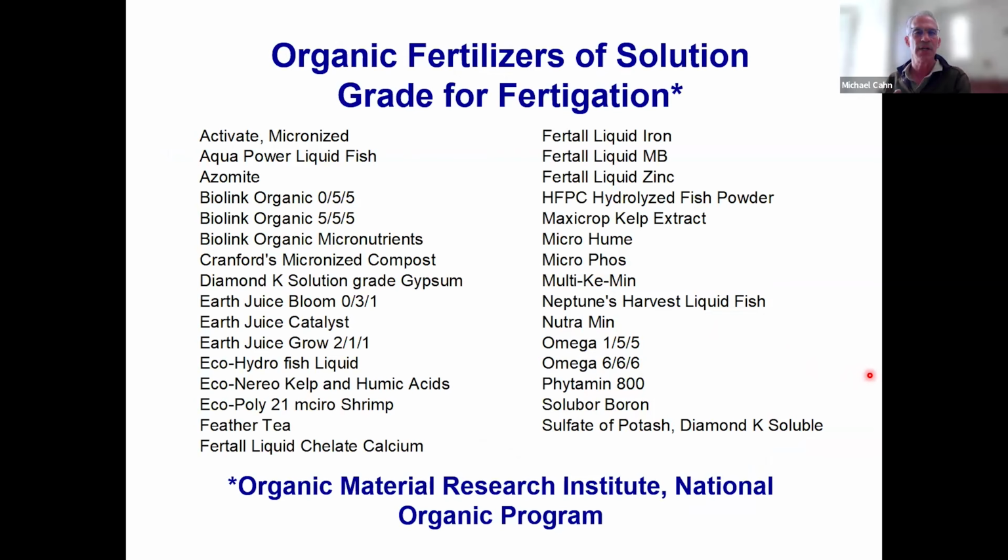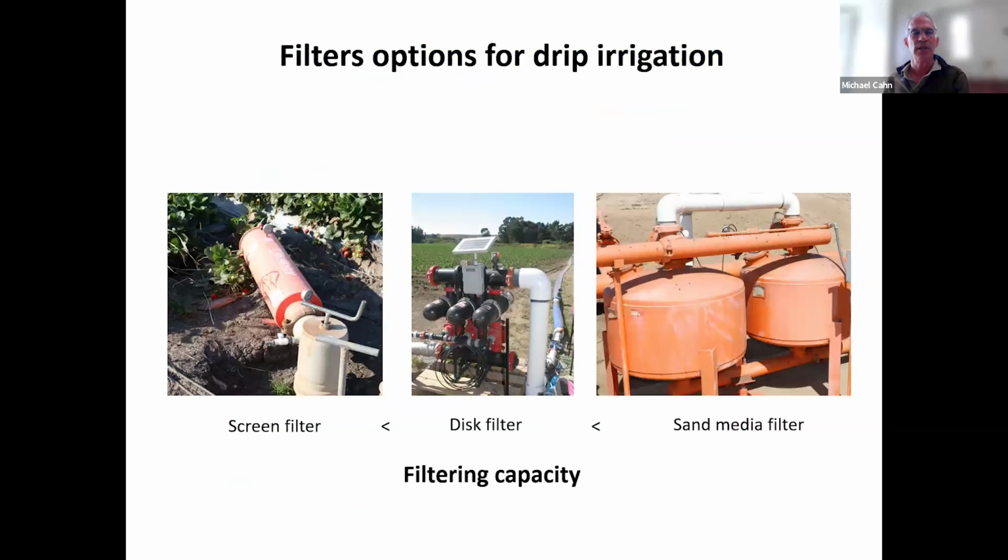Now, Joji talked a lot about the different organic fertilizers. The main thing I want to say is all these, for example, this is a while back, but the OMRI program, all said that all of these are water soluble. But I could tell you many of them have a lot of solids, and they can clog your drip system. And if you're going to have your drip system in the ground for quite a few months, you might start losing the uniformity of that system if they get clogged. And so really, I do recommend